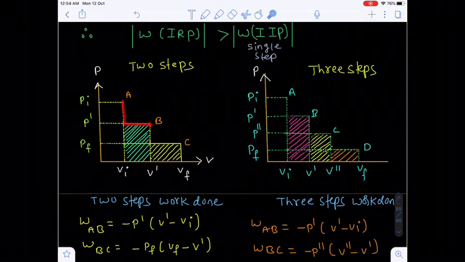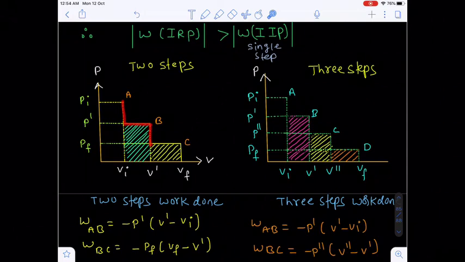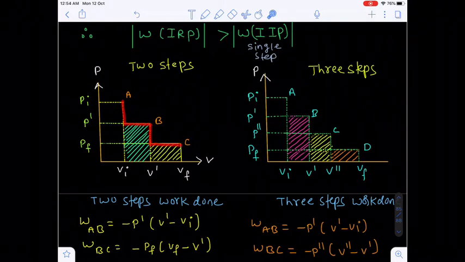After reaching the point B, again if we decrease the pressure to P final, after decreasing the pressure to final pressure, suddenly the volume has to increase, because pressure has to reduce to P final. So volume increases to V final. So this is the final point. Are you getting my point?